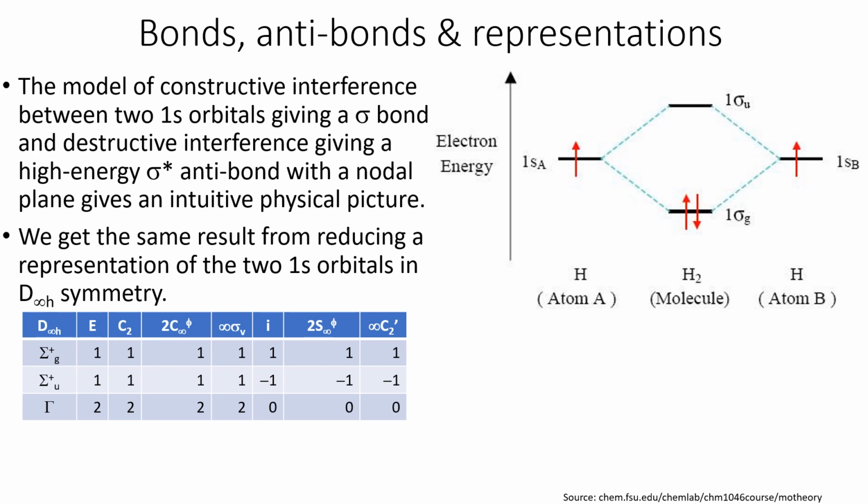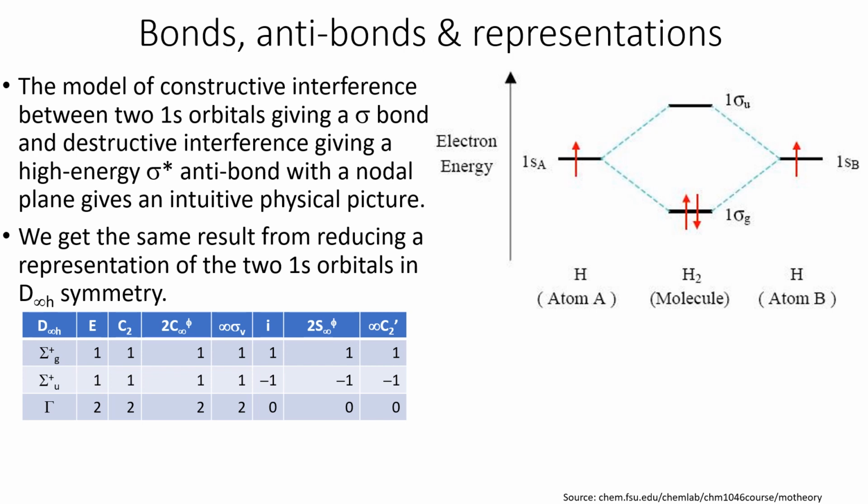And then, of course, when it comes to reflecting in the plane perpendicular to the principal axis, that moves the 1s orbitals off their positions, and so that involves zeros for the characters for the remaining operations that all involve moving them, either reflecting them in that plane or with these C2 primes. These are the perpendicular C2 axes that just rotate the orbital from one end of the molecule to the other. So that representation that we've got there, 2, 2, 2, 2, 0, 0, 0, when we reduce